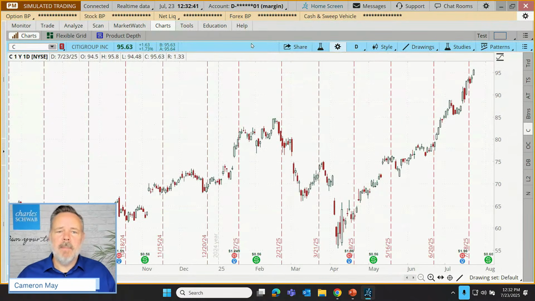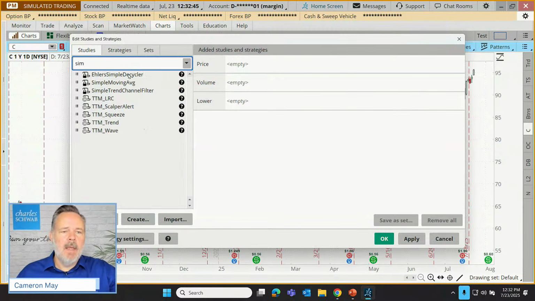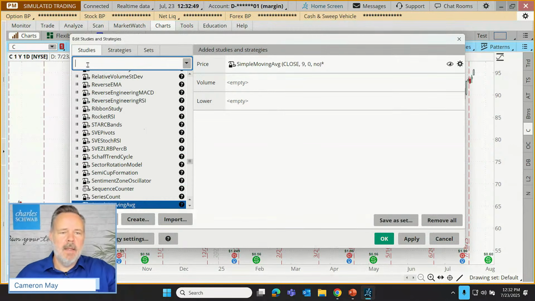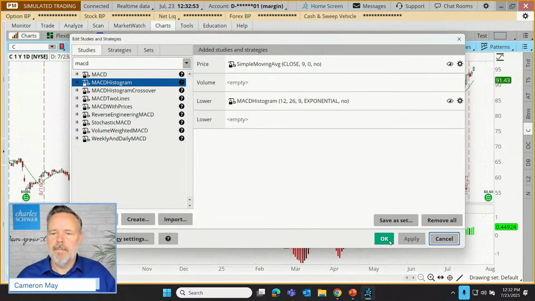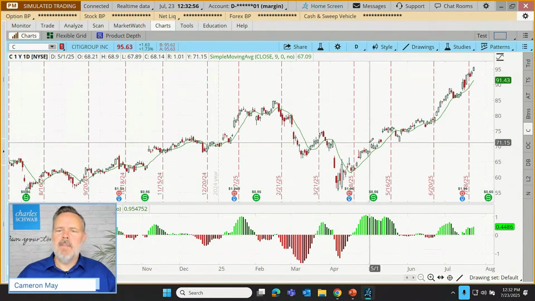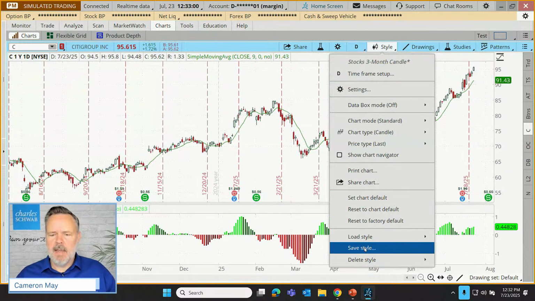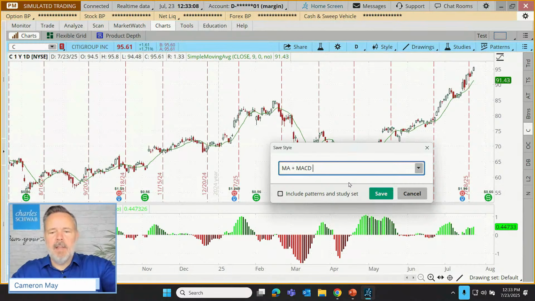If we pop up here and add in our simple moving average again, and add in our MACD histogram again, and apply those, and then I go up and save this as a style, I might call this my moving average plus MACD plus, what other elements here?